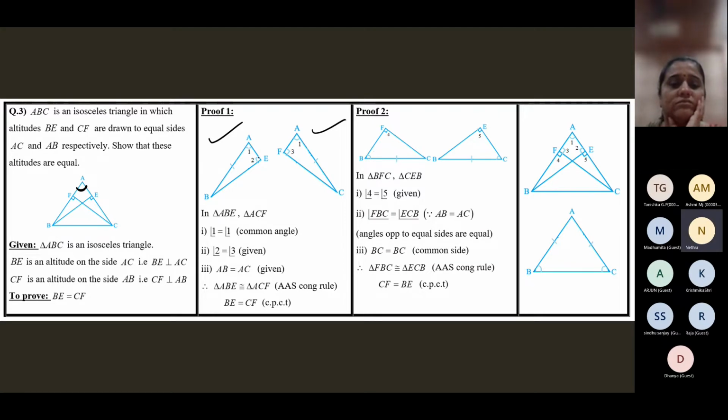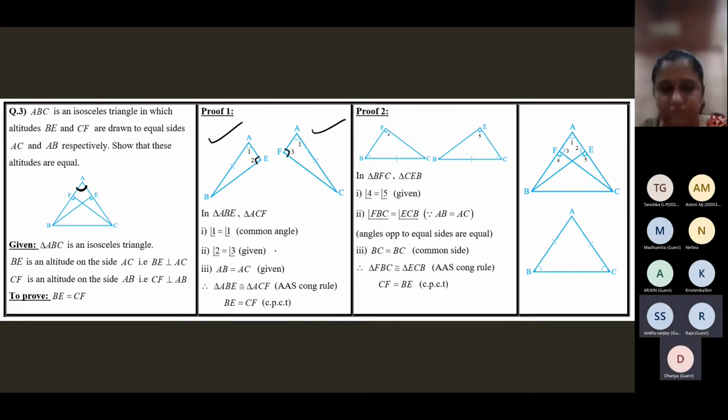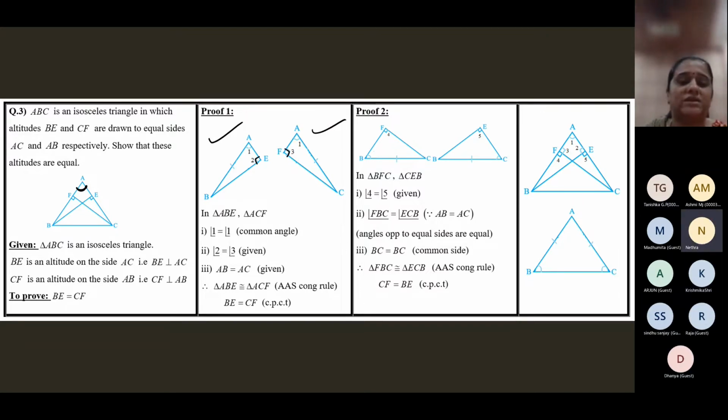Ma'am, angle E is equal to F and angle 2 is equal to angle 3. Why? Why is 2 equal to 3, children? It's not given. 90 degrees, ma'am. Each of them is equal to 90 degrees. See here, this is 90, 90. Altitude, no? Yes, ma'am, I have focused on that. Yeah, correct. Each equal to 90 degrees. Then